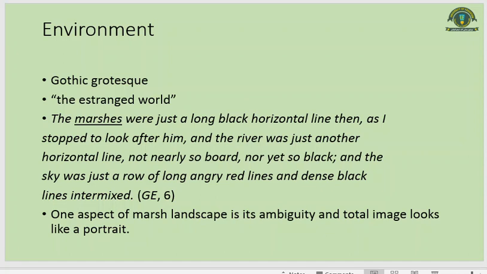He is not only caricaturing the human people, but also the environment. When we see that environment, some people say that Charles Dickens is of the view to generate the Gothic grotesque to show the sundry types